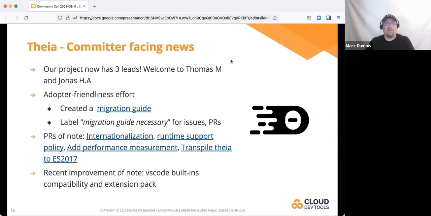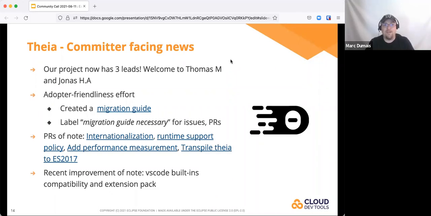In recent news, and I think this is a testament to the flexibility of our project, we had the visit from a couple of adopters working at the same company that came to talk to us about how hard it was sometimes to migrate to new versions of Theia. So taking that feedback into account, we quickly created a migration guide that will help mitigate these migration issues and permit sharing this know-how that pretty much all adopters have to find a way forward one way or another when we have something that needs attention during a migration to a new version of Theia.